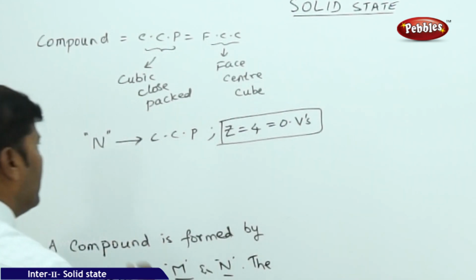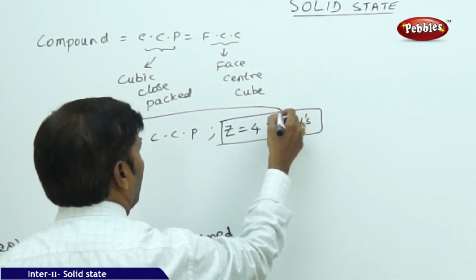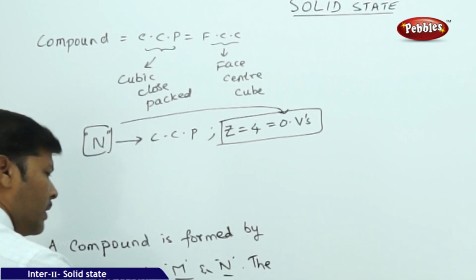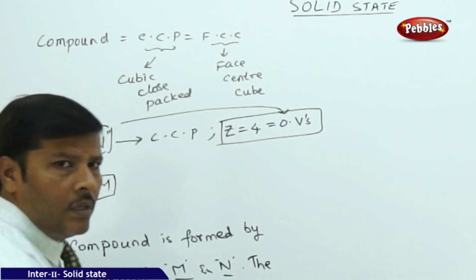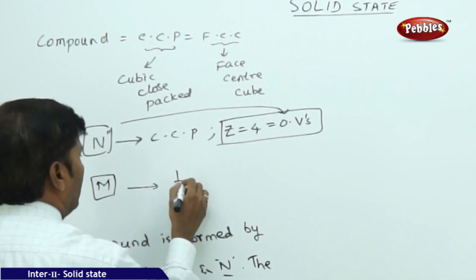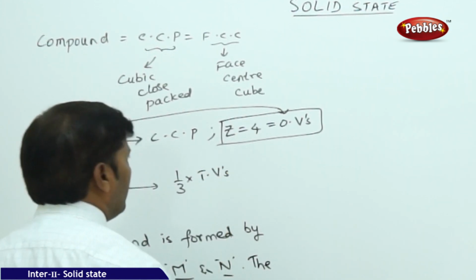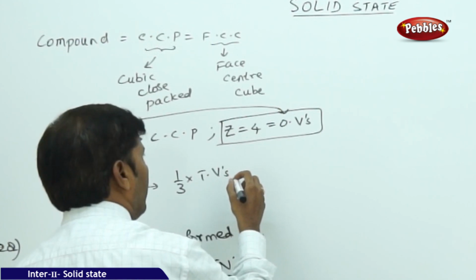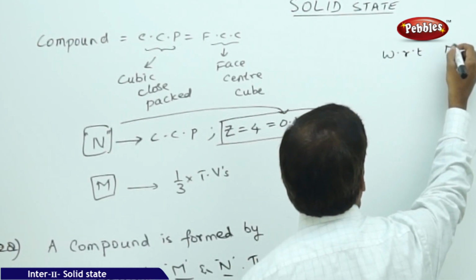So here it is very clear that the element N is contributing the octahedral voids. Now he is saying that the atoms of M occupy 1/3 of the tetrahedral voids. So he is giving one more element, that is M, occupying 1/3 of the tetrahedral voids. But we already know that with respect to M,